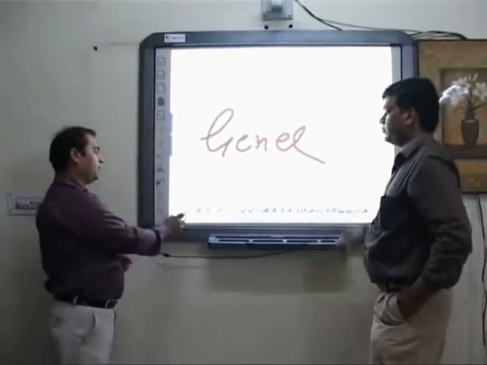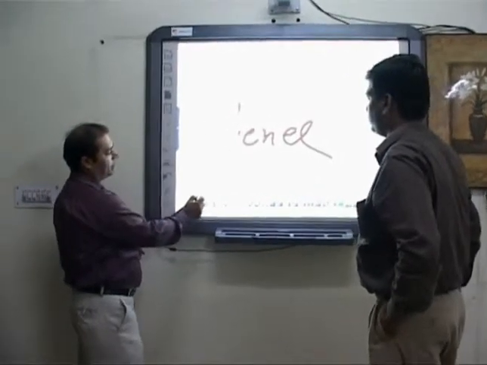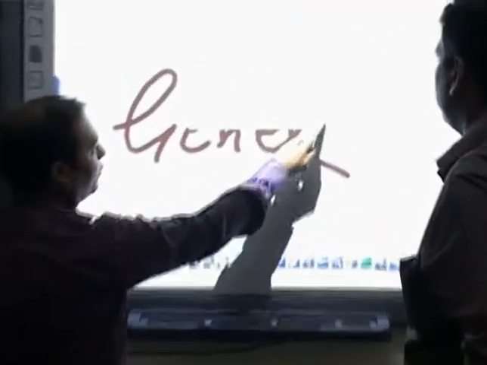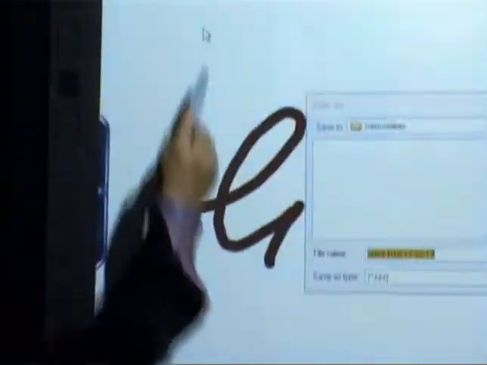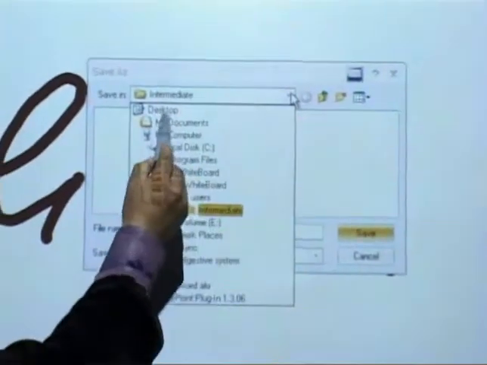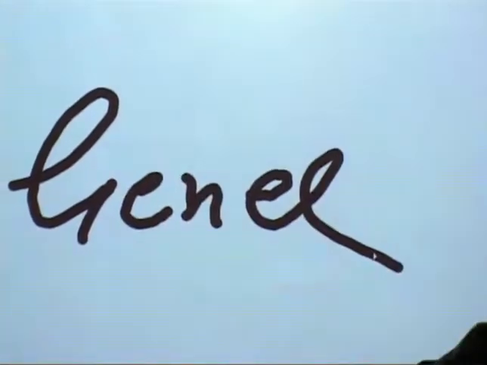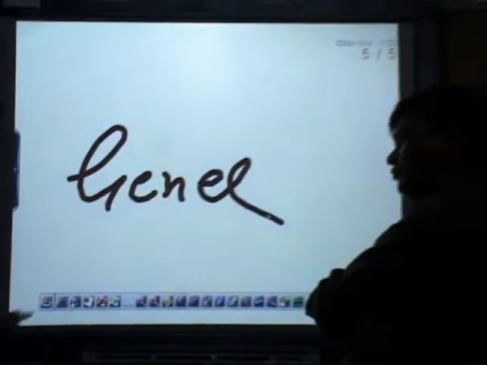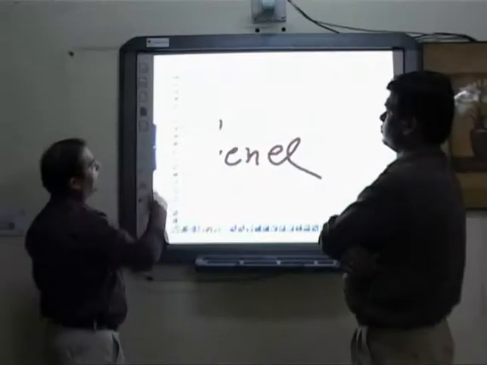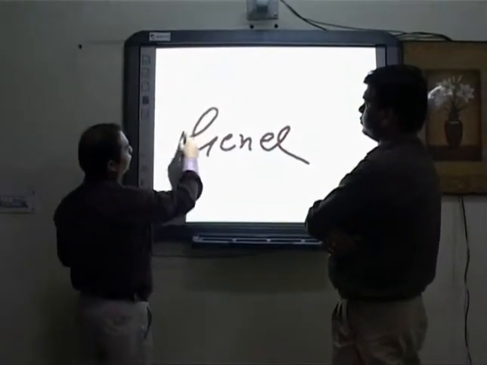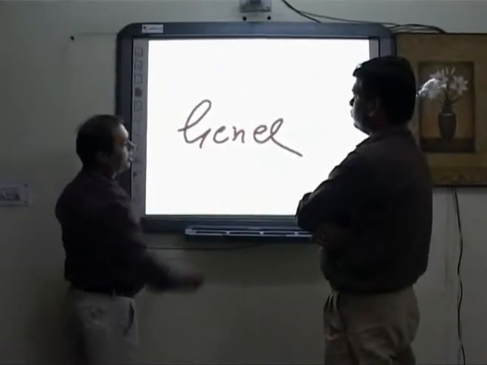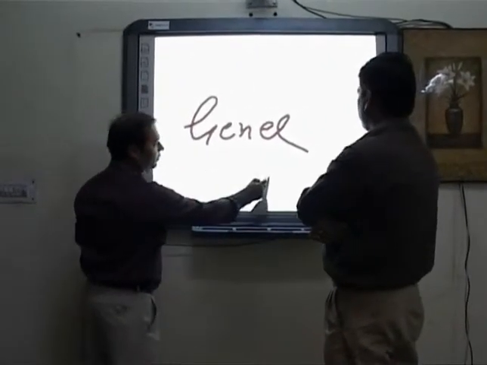Yeah, there's an option: if you exit the software, it will ask whether you want to save, or you can use the save file option. It will save to the location, or you can select save as, so you can give the file a name and a specified location also. I can straight away take a printout also. Yeah, there's an option to get the printout, and there's a different option, print part of slide. If you want to print a particular area, then you can get the printout of that part.